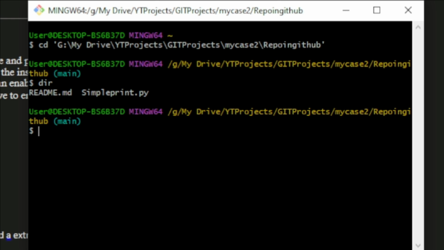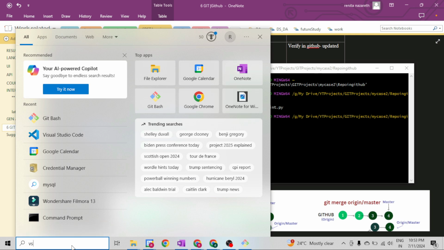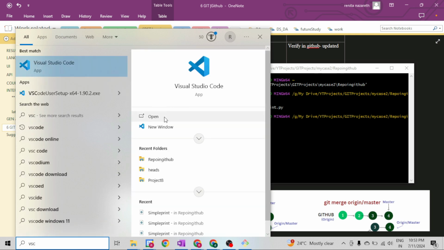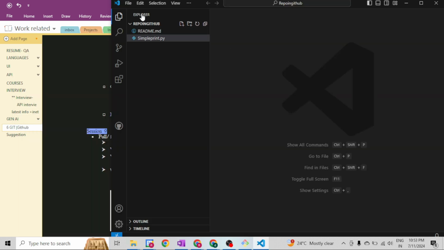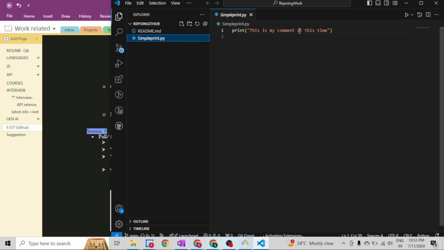Once you have the latest, you would continue your work with the code editor. So let me quickly open VS Code, that's my folder, or if this is not the folder it's wanting and you need to change, you can just redirect here. So let me open simple print